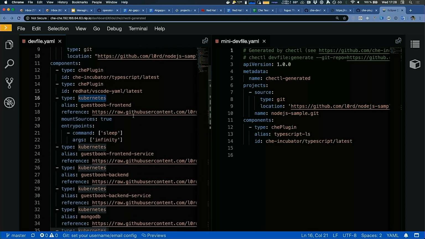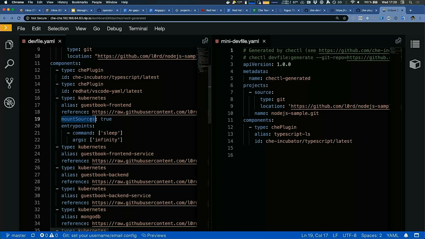For the front end, since it's the one that I would like to edit, change and debug, first of all, we'll mount sources in that particular container that is described in the Kubernetes YAML.